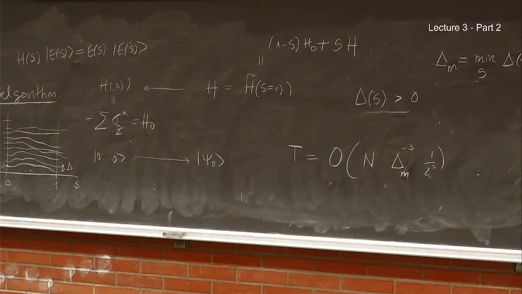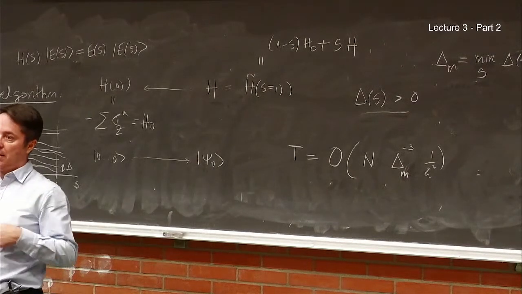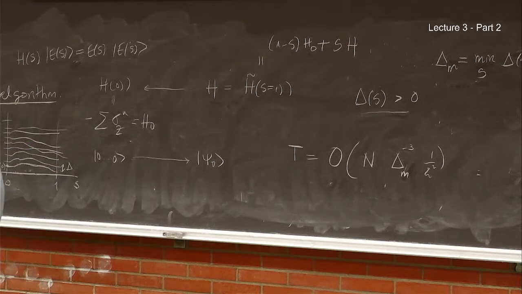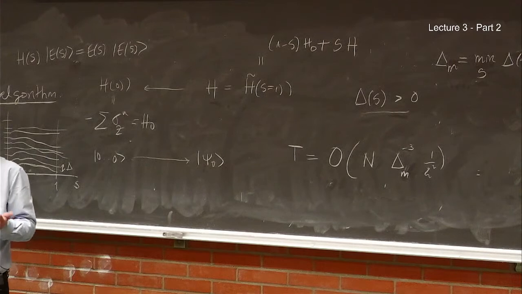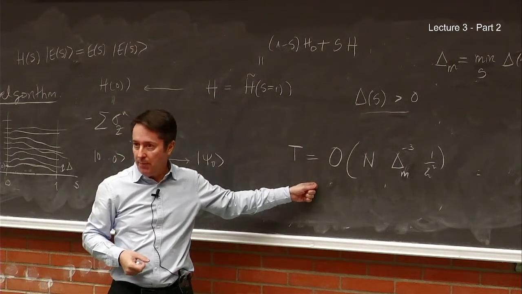For example, you have criticality. We know that you have a critical point, and this is described in terms of some conformal field theory. And in the conformal field theory, we can get how big these gaps are. And these gaps in these critical theories scale like 1 divided by n to the critical exponents. So in this case we need 1 divided by polynomial n. So for all these problems, this would be a polynomial algorithm.